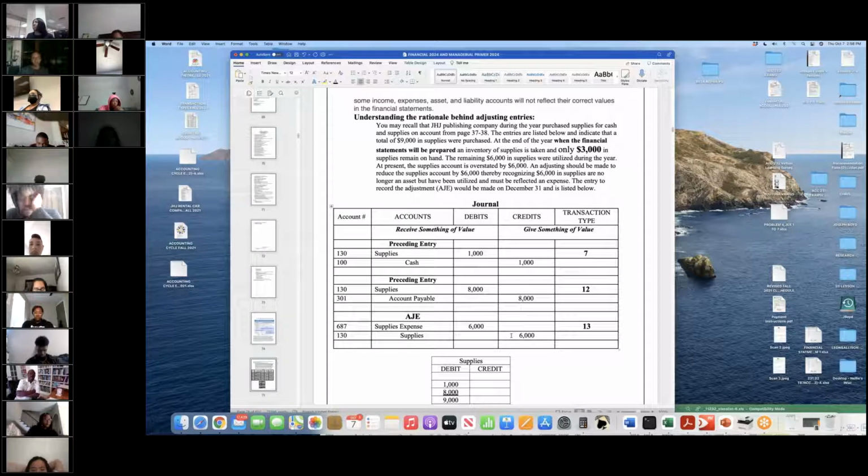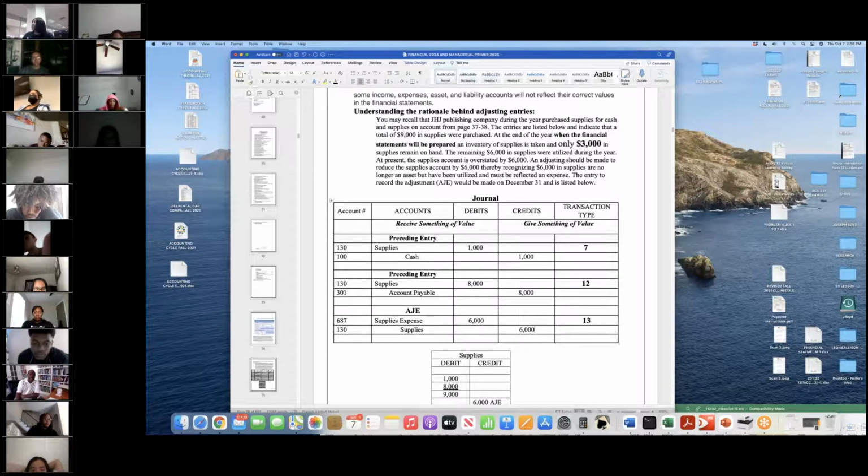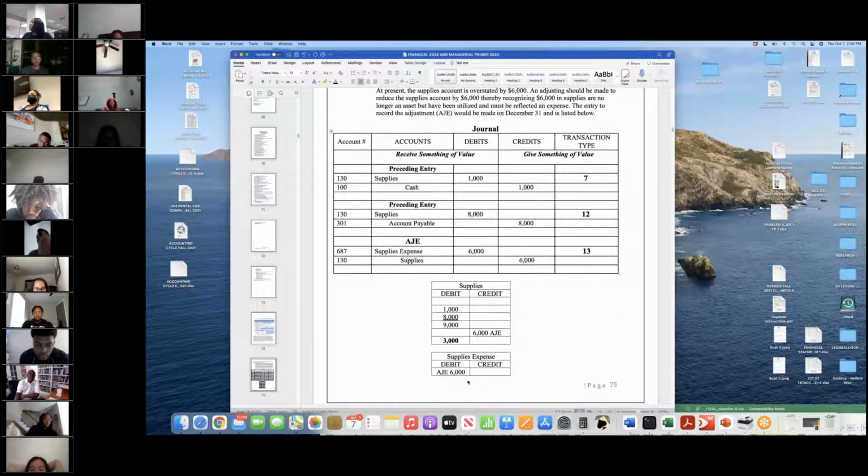An adjusting entry comes in and corrects the account. The assets would make this adjusting entry, and then the supplies would get an expense. When we started off, supplies were just sitting at 9. There was no supplies expense. When we make the adjusting entry,